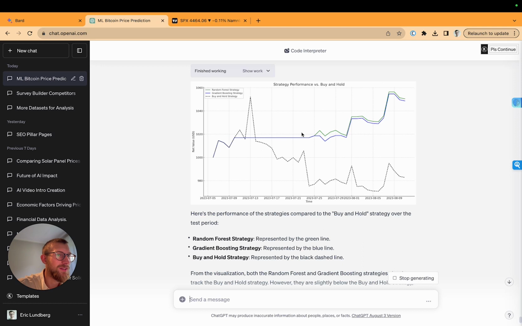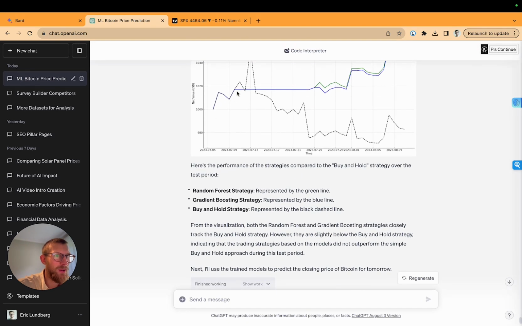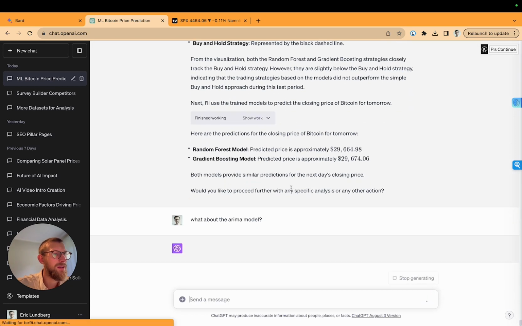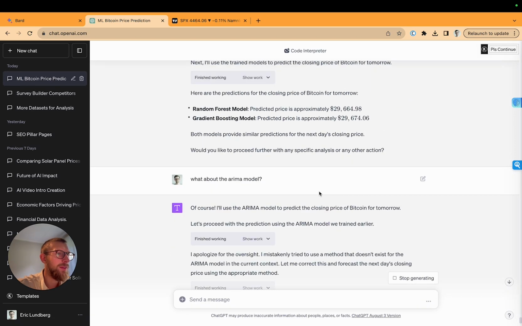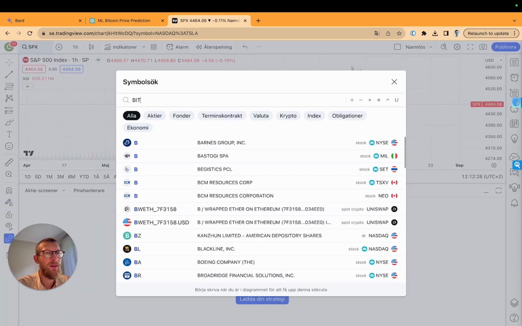But over here it's just straight, so I guess it hasn't done any trades then. And it pretty much followed along until here, and then it sold, and over here it's started trading again. So here we have, okay, what about the ARIMA model? It thinks it's going to be 29,600. Today it is